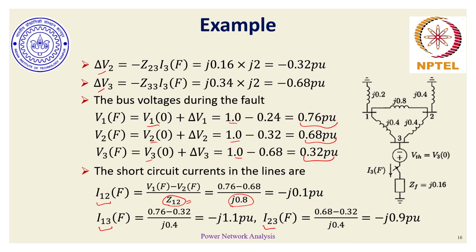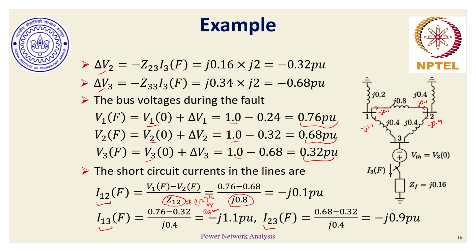So remember, Z12 is J0.8. This is not equal to the 1,2 element of Z bus. Please be careful in that sense. It is not the 1,2th element of Z bus. It is the actual line impedance. So what I observe here is that I12 current is J0.1 PU, which means I21 would be minus J0.1. I13 is J1.1 PU, I23 is J0.9 PU,